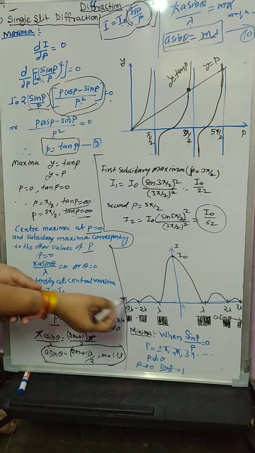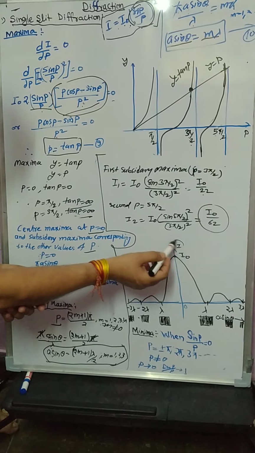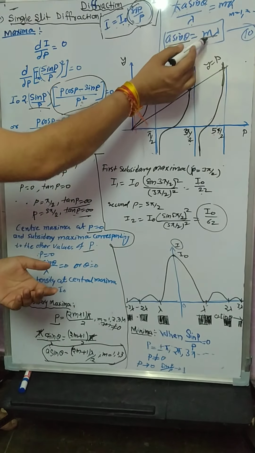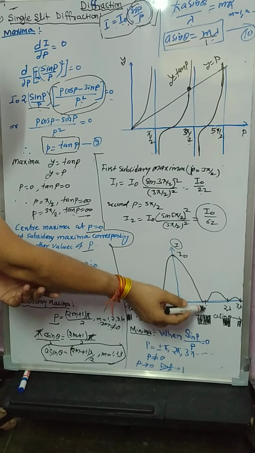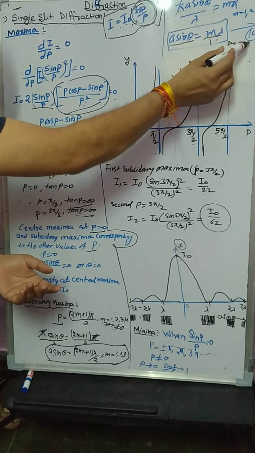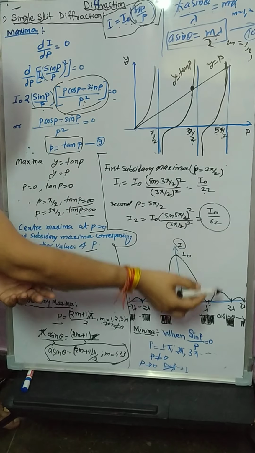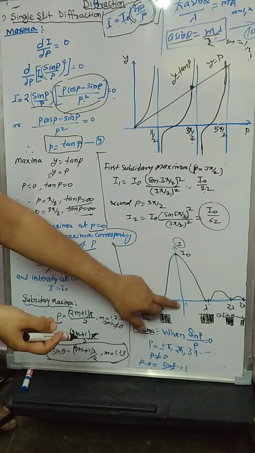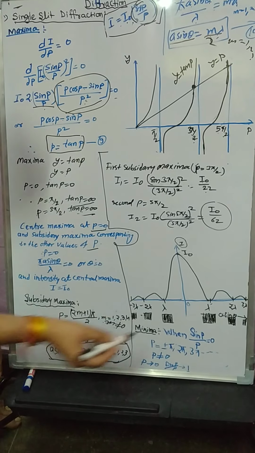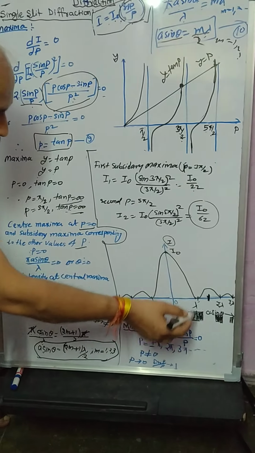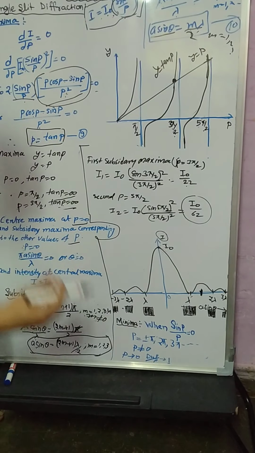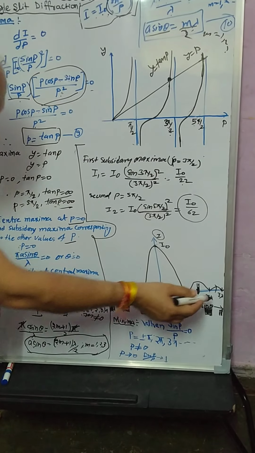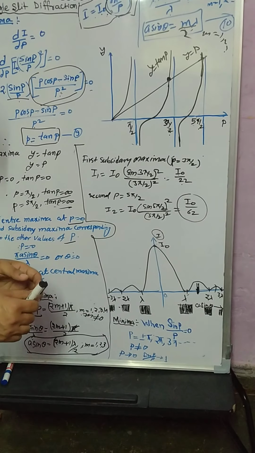So plot the graph. The y-axis is the intensity I and the x-axis is sin theta. For m equal to 1, lambda is minimum, where m equals 1, 2, 3: 2 lambda is minima, 3 lambda is minima. And for maxima, p equal to 0 is the central maxima. Here is 3 pi by 2, or 3 lambda by 2, called the first maxima. 5 lambda by 2 is the second maxima.